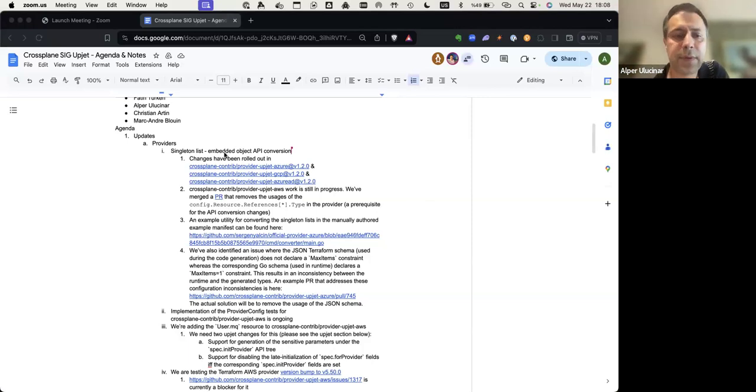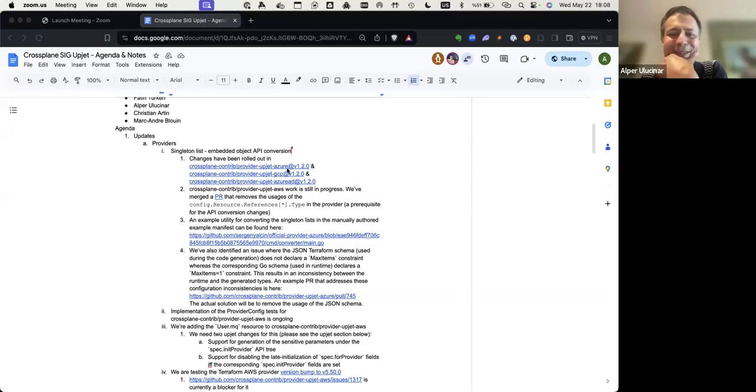So the first item here, the singleton list to embedded object API conversion, is about converting the single lists used with a max items constraint of one into embedded objects. So far, we have released these changes in provider Azure AD and GCP.